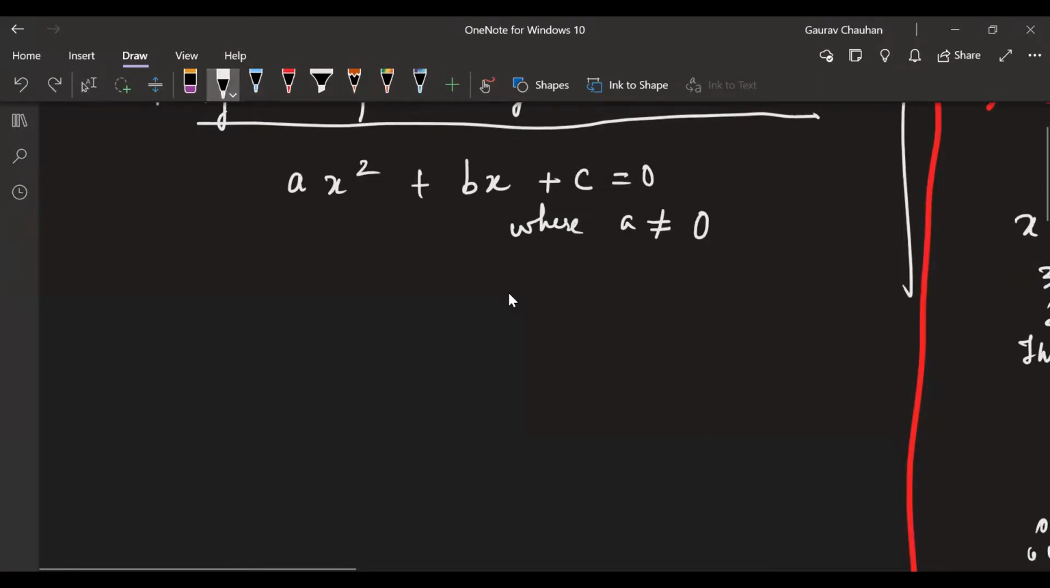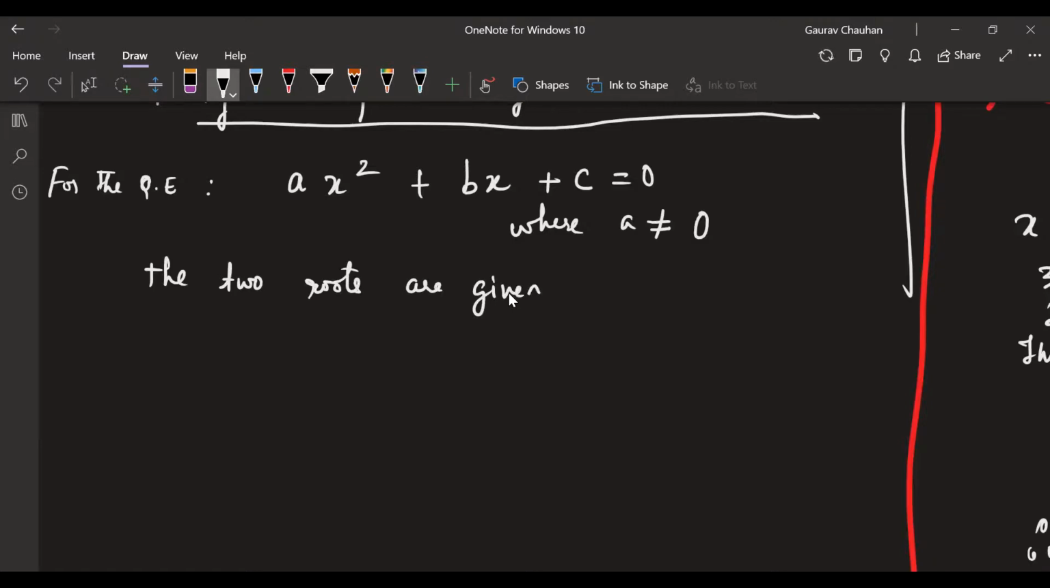If our quadratic equation is written like this, then for the quadratic equation, the two roots are given by the formula